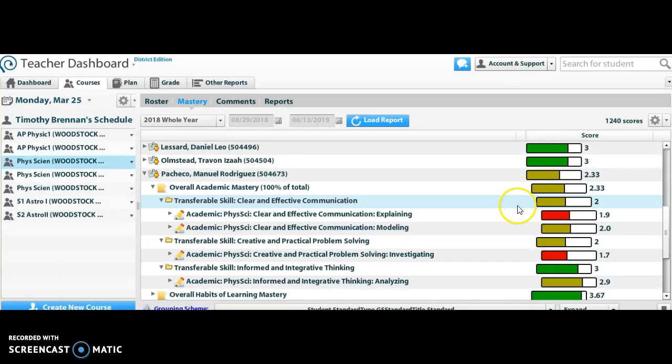Here's my problem. If I go to the four academic standards, there's one for explaining, one for modeling, one for investigating, and one for analyzing. And they're in different transferable skills here, but I'm just going to look at the academic standards. For explaining, the raw score, which I assume is done by the decaying average we've selected, is